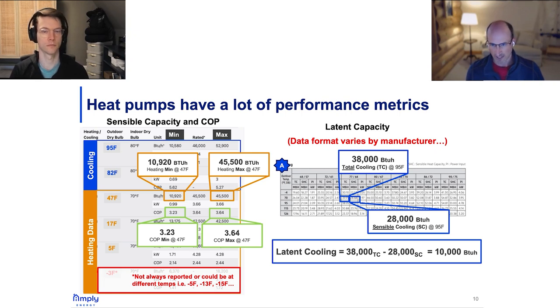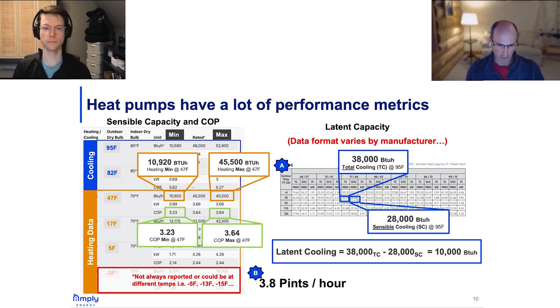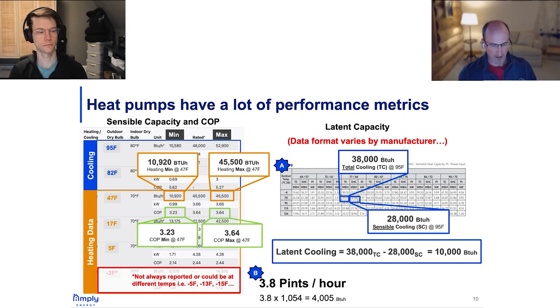So a little bit of work, not terrible, but yeah, we just don't generally get latent values directly reported by manufacturers. We have to do a bit of math. However, sometimes they are directly reported. And for whatever reason, a lot of ductless manufacturers decided to report their latent capacity in terms of pints per hour. I don't know why this is. That's what you see often out there. Good news, again, we can do a little conversion. We know that there's roughly 1,000 BTUs of latent capacity per pint of water. So do a little math. And in this example where we're showing 3.8 pints per hour, that's equivalent to just roughly 4,000 BTUs per hour